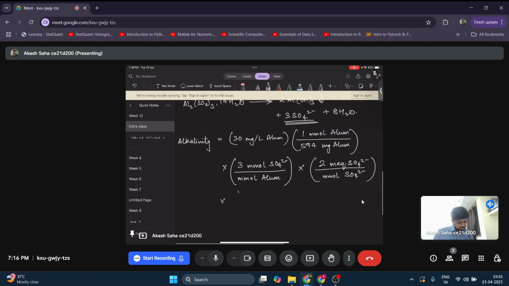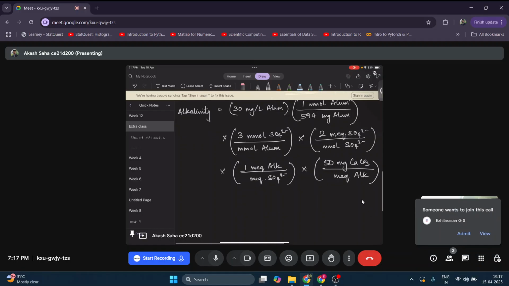Then again multiplied by 1 milliequivalent of alkalinity per milliequivalent of SO4 2 minus. Okay, so now we are slowly changing into alkalinity terms, and 50 milligram of CaCO3 is equal to 1 milliequivalent of alkalinity. Okay, so this may look very big, so nothing but